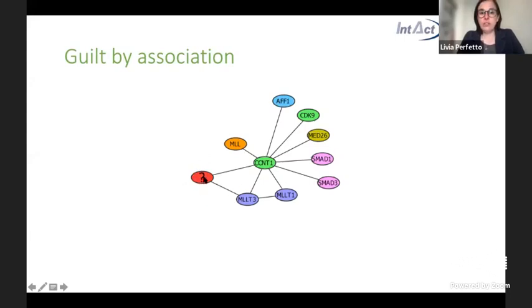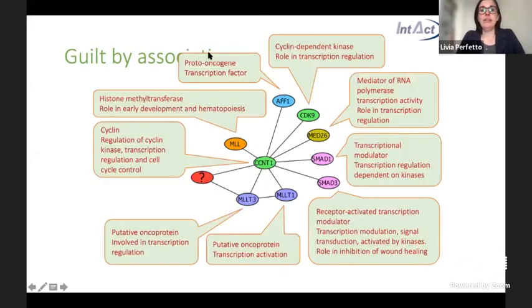So if we look at the individual red entity, we cannot really estimate or predict the function of this protein here. But when we look at its neighborhood, so the proteins it interacts with, and we start analyzing the functional role of these proteins as well, we can start hypothesizing that this red protein might also have something to do with transcriptional and cell cycle control. Obviously, this is just an estimation, so we cannot be sure. We need to confirm this hypothesis, but at least we can narrow down the search space for the cellular function